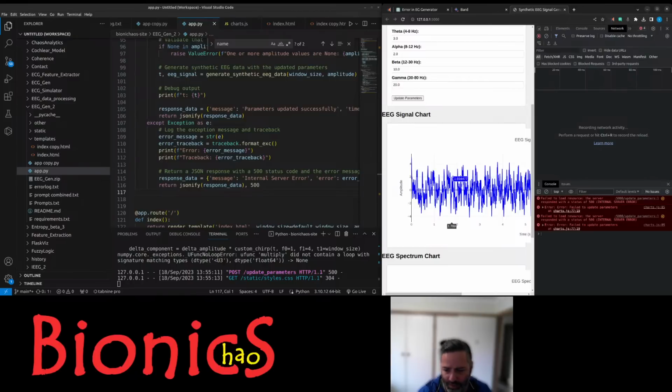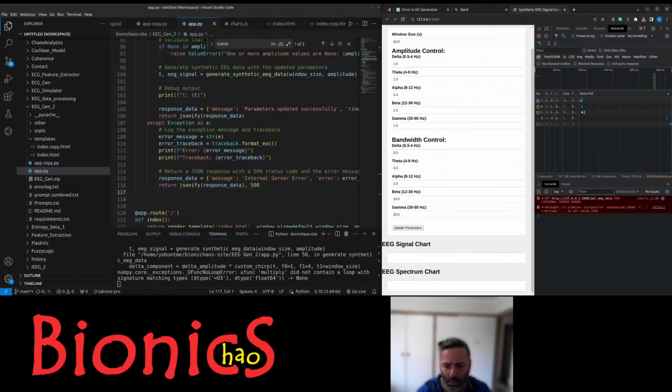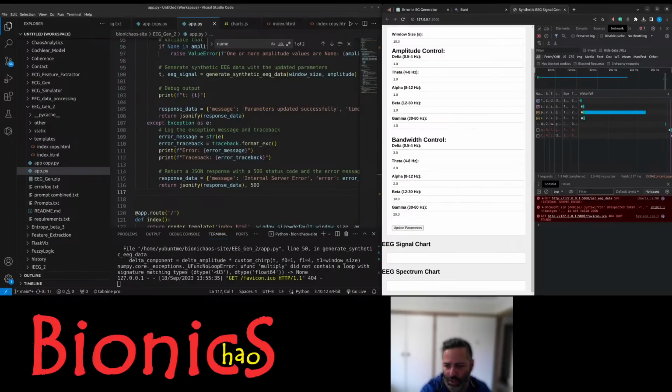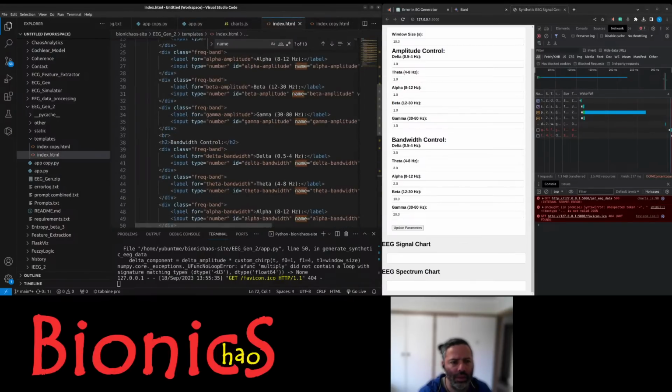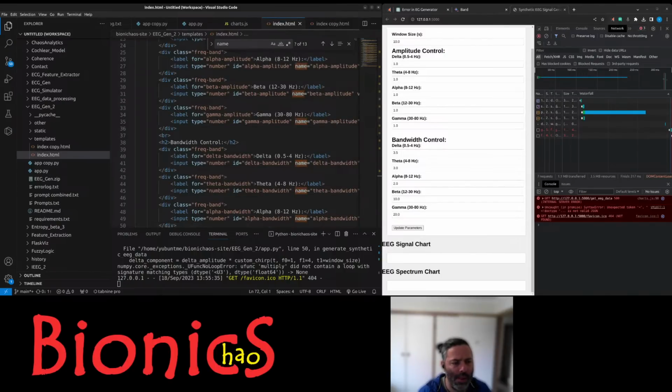So no, GPT-4 was not able to help. Something about non-valid JSON. Oh. Check that the